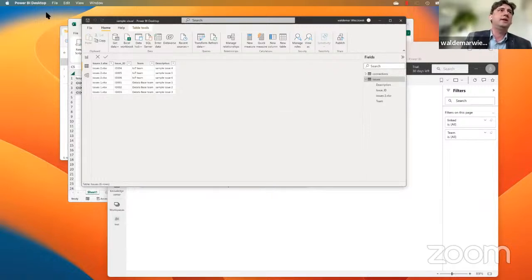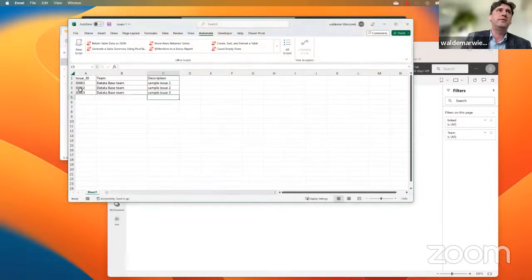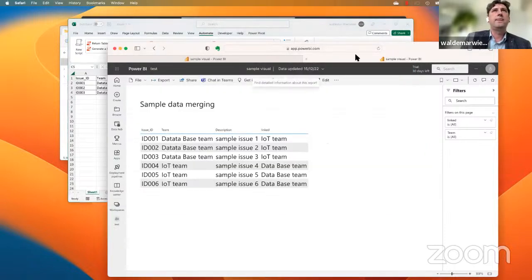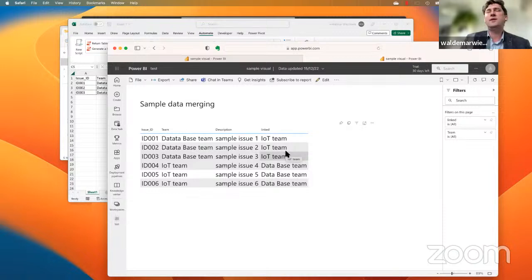What is my data? My data is very simple. Imagine that you have a company with two very, very big teams. One is doing Internet of Things, IoT. They are building some hardware somewhere. And there is another team which has a database. It's also huge.